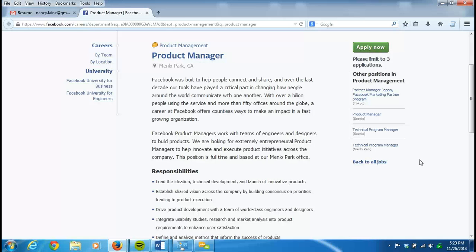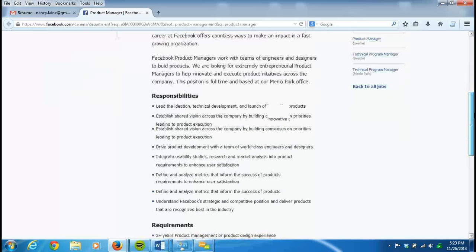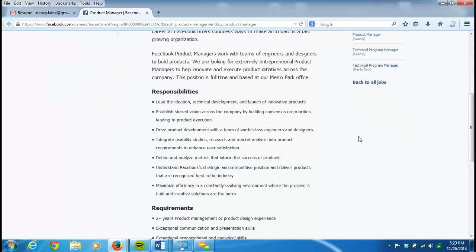And I know that you know how to execute product initiatives across the company. Yeah, because I know a lot about what you've done, and of course we're going to be showing everybody your resume in just a second. But while we're still looking at this job position description, now we're at the responsibilities part. And again, look at it. They're just feeding us the words we need to use. They're going to be looking for these words on your profile. Technical development, launch of innovative products,